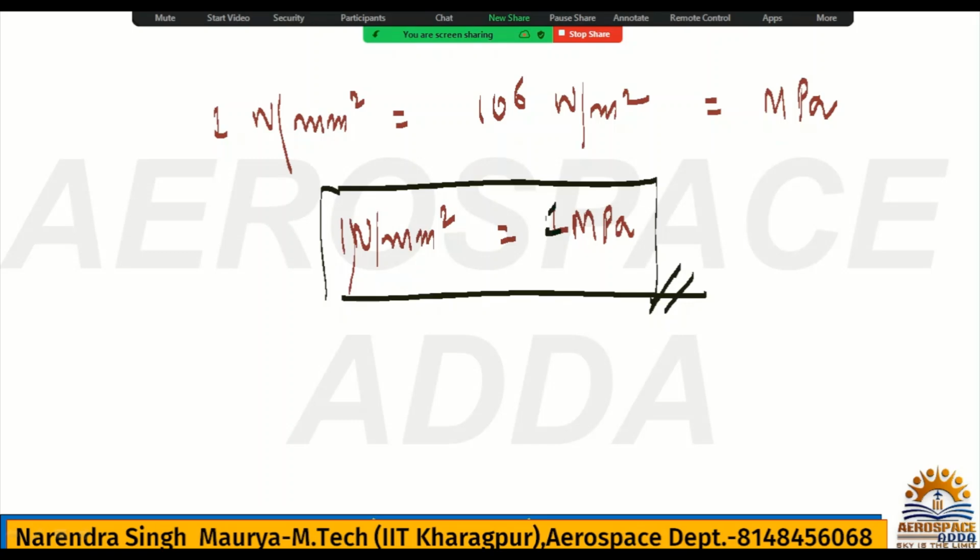Now, before going to factor of safety and all, we'll also have to discuss Hooke's law. I have explained it, but I have to draw the diagram for the stress strain, which is also called the stress strain diagram, and that stress strain diagram we are going to draw here. It's basically one experiment, the tensile test, on the universal testing machine,